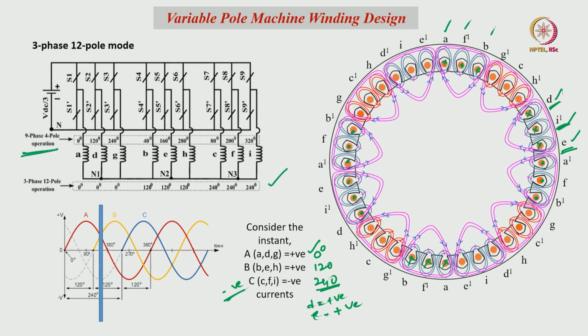In 9 phase 4 pole mode, A phase, D phase and G phase coils are in 120 degree displacement, whereas in 3 phase 12 pole mode, A phase coils, D phase coils and G phase coils are electrically in phase. And similarly, these 3 coils are in phase, these 3 coils are in phase to make the 3 phase 12 pole combination. And how 12 poles are forming we can see in this image,